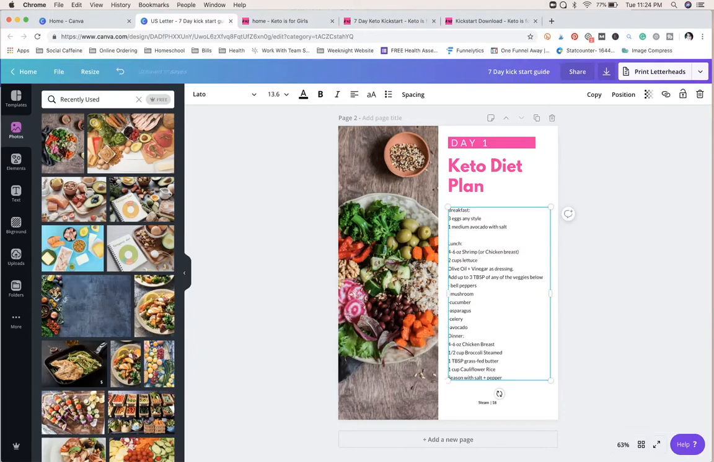I want to leave some space in between lunch and dinner, all right? And I'd like to make my headings bold so that people can actually see like, oh, this is the next meal, that kind of thing. All right, perfect. So I've got dinner right here. Perfect. Now that I've done this, I'm going to go ahead and add my